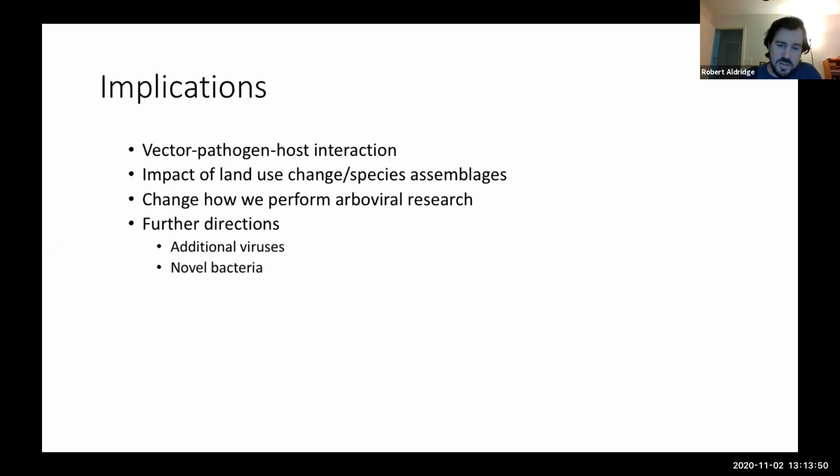Do you find Sindbis in all 5 of the different organisms whose blood you're checking? No, it's mostly a bird or an avian pathogen. It can be found in others though, but it is mostly avian, definitely. Okay. And again, it's just a proof of concept. It's just like any other viruses. We feed bovine blood for dengue. A lot of the time we don't use human blood in all our studies.